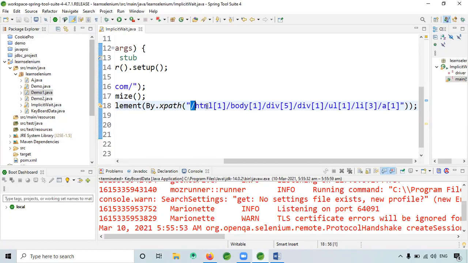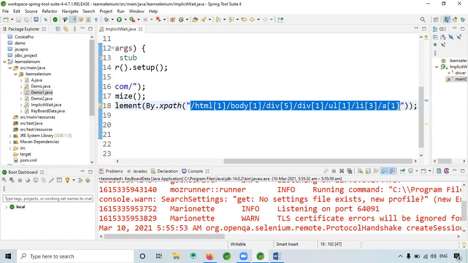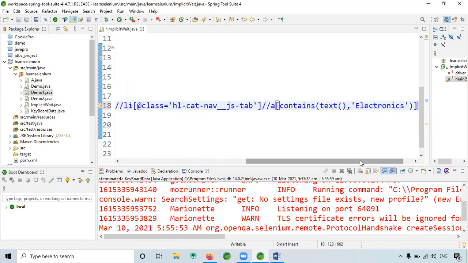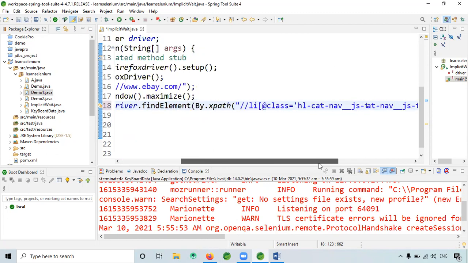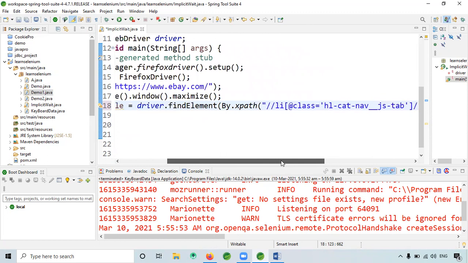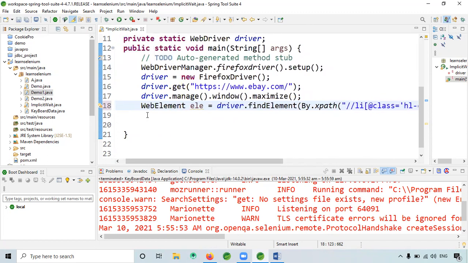So we'll replace this with Control V. Now, this is what we had yesterday, right? Yeah, this one we had. Now, what I will do is, the same thing, we will